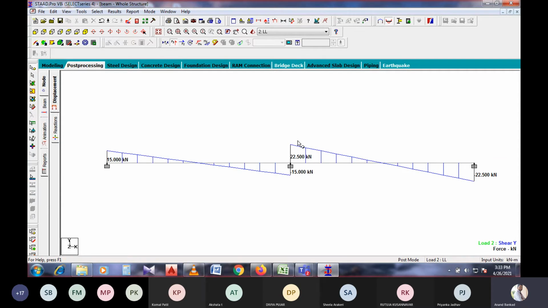Again for this span we will have 15 kilonewton of load, 22.5, right? 45 is the total shear force, and that divided into the two spans will have 22.5 kilonewtons. Is that correct? WL by 2. You got it?